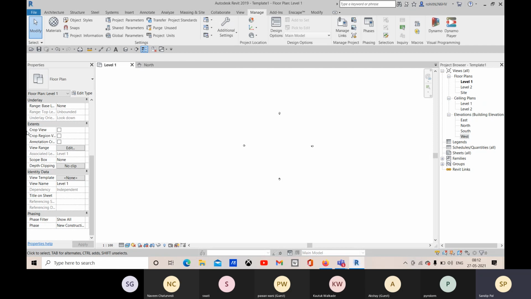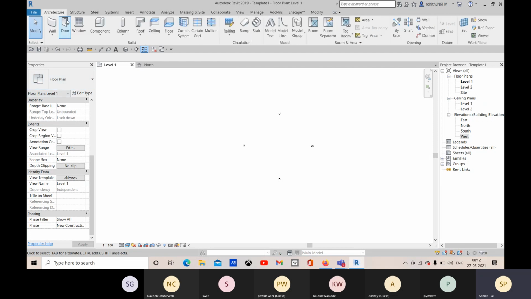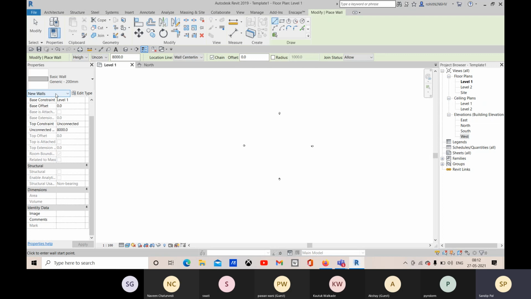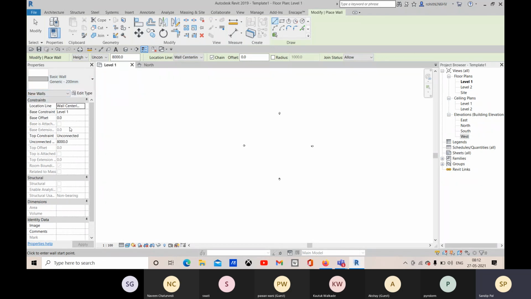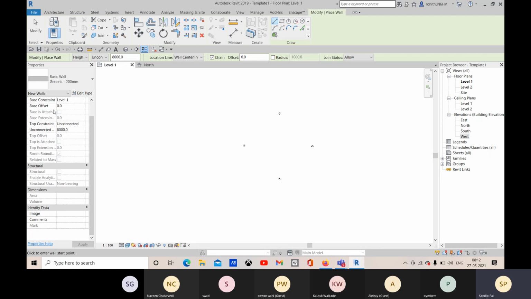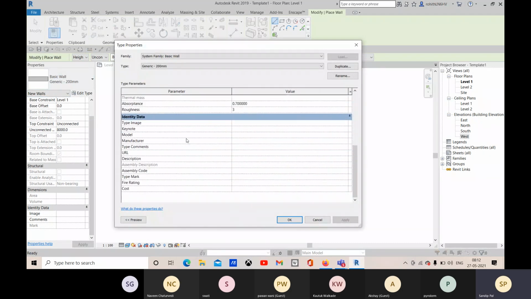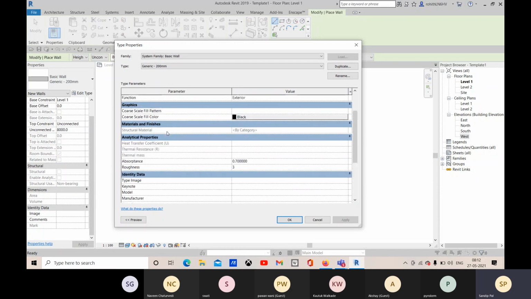So when you have any object, you have some specific number of properties that are already created in the default condition. So if I am choosing this wall option, you see that these are the instance properties, and if I go to the edit type, these are the type properties. Okay.